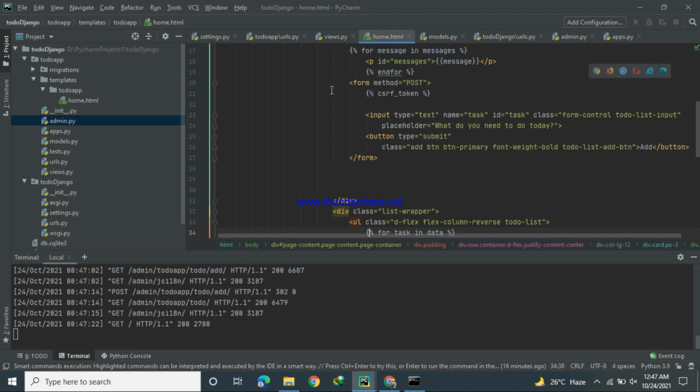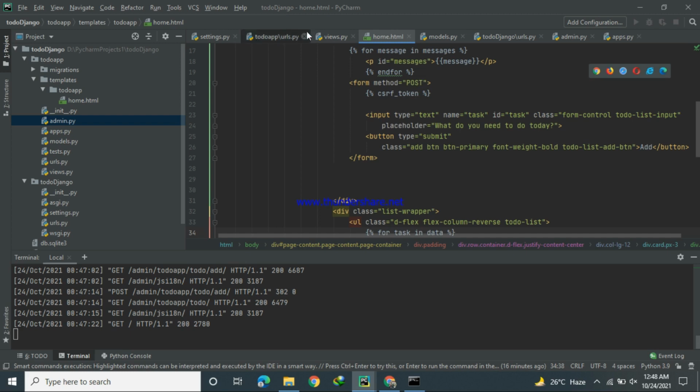And the CSRF token. Why is the CSRF token used? Because this token is the sign that our data is protected. Our data that we are posting using the form is protected.